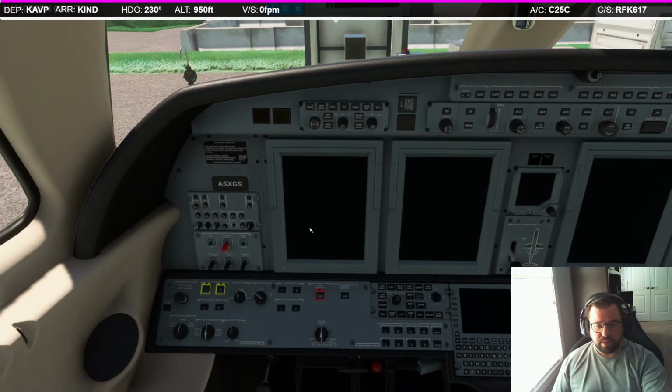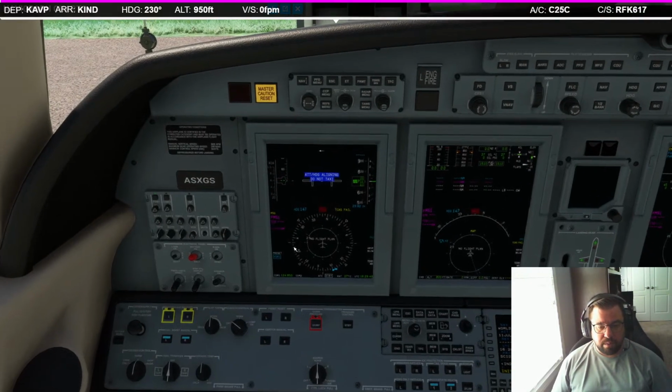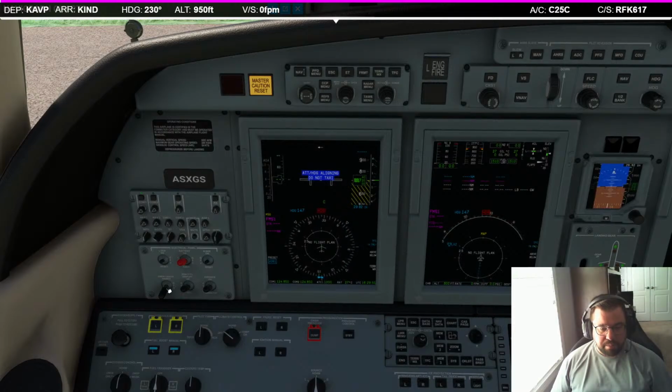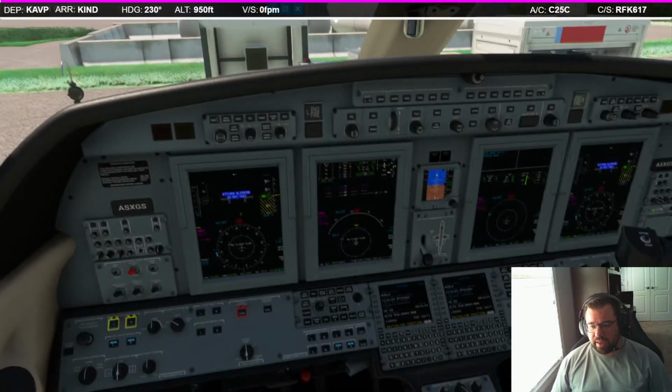So I'm going to start over here on the electrical panel and turn on stuff. Go, and the only button I think I don't have mapped, armed, avionics on, all the rest of the stuff is mapped to physical buttons. So while that aligns,